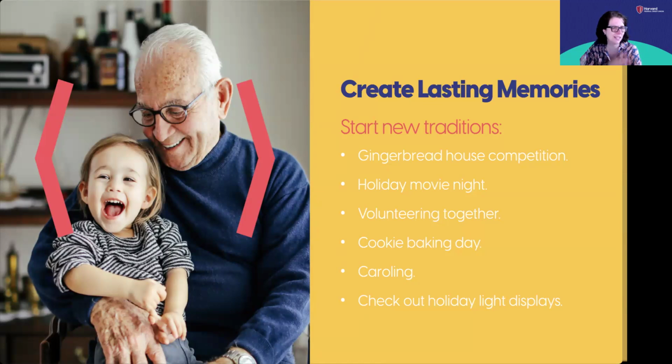So my family combines the bottom two. Our tradition is that we love to go walk at night. We live in a city, so we can walk to a lot of different little neighborhoods that go all out with holiday lights, because we're right near Somerville and also near Cambridge. There are a few different places that we like to go. We just like to go out, look at the stars, look at the lights, and then sometimes we'll sing carols as we're walking around. Not necessarily knocking on people's doors and singing, although I know a lot of people do that as well, but that's just what we do.